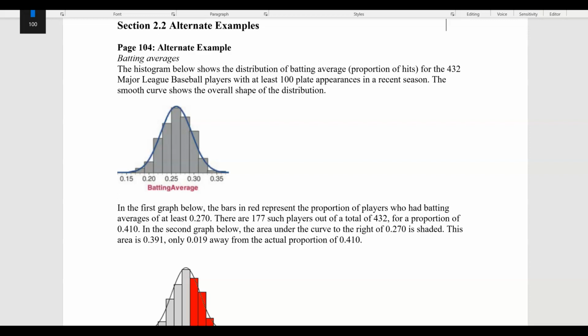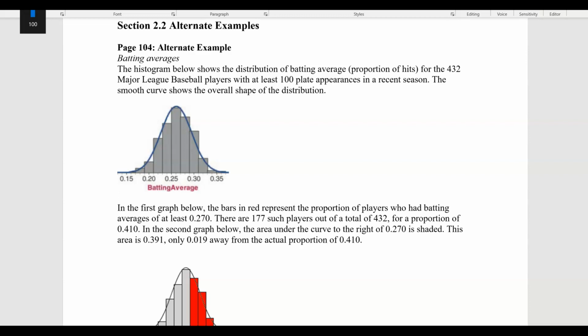The second half of chapter 2 really focuses in on this concept of a normal distribution, which a lot of variables will follow, where you have that peak in the middle. But when we say something follows a normal distribution, we mean some very, very specific things about it. One of the important things about this is that a good bit of the statistical inference that we do in this class, in fact, most of it, is based on the fact that a variable will follow a normal distribution, or at least